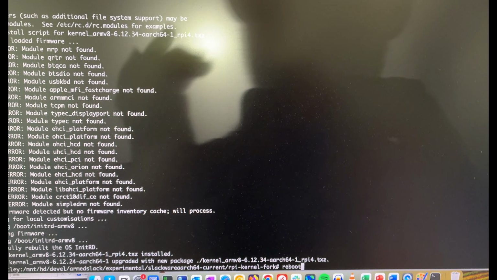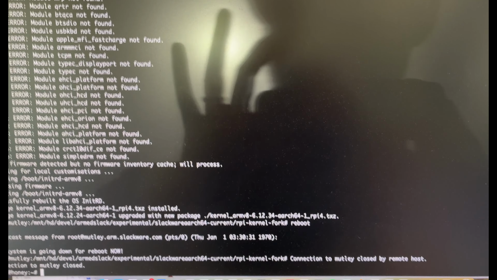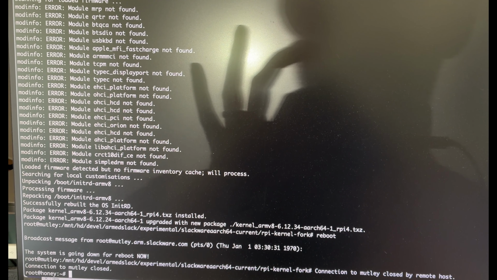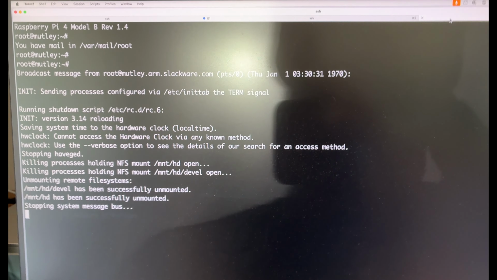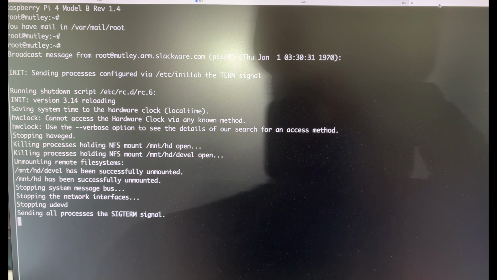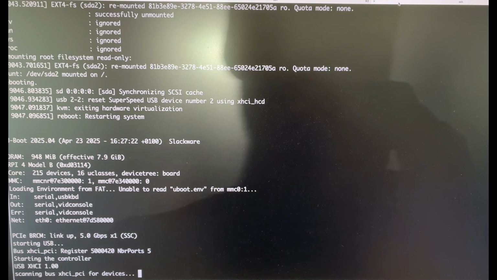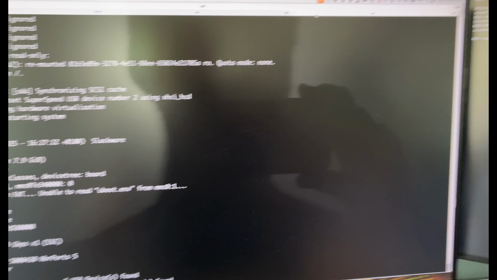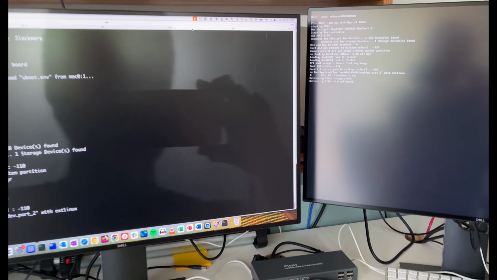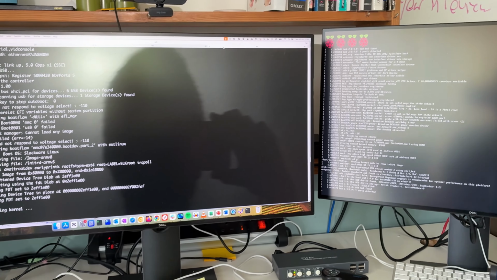Reboot and press enter. So that logs me out, but then we can follow it along over the serial console here, at least to a certain point. It's currently rebooting the system. And you can see here this is the monitor of the Raspberry Pi, connected over HDMI. And you can see here, this is the output from the serial console of the Raspberry Pi. You probably can't get it all on at once, but well, maybe I can. But you'll see here